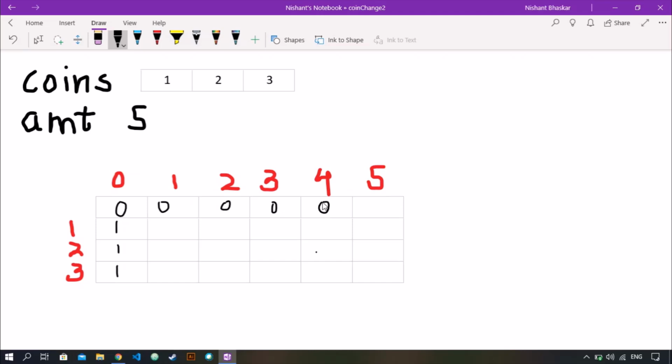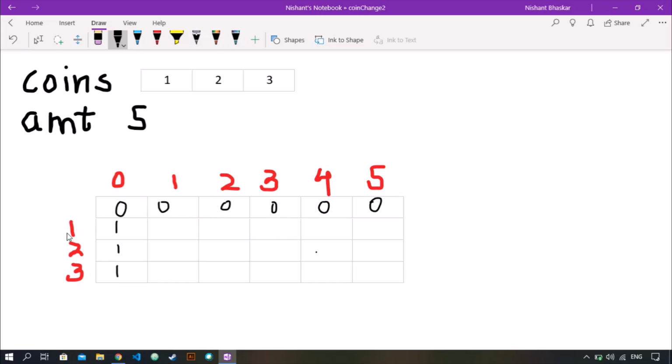Okay, why are we doing that? We did this because if there is no coin and we have to make 0, 1, 2, 3 and 4, we can't make any of that, so the answer will be 0.